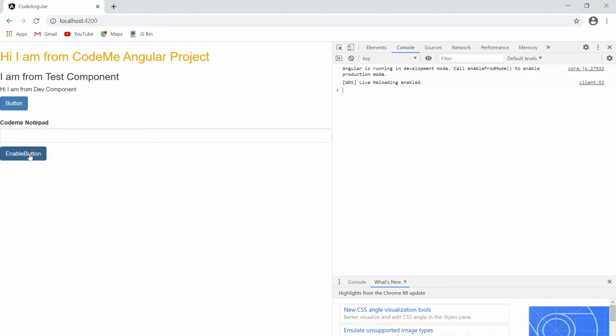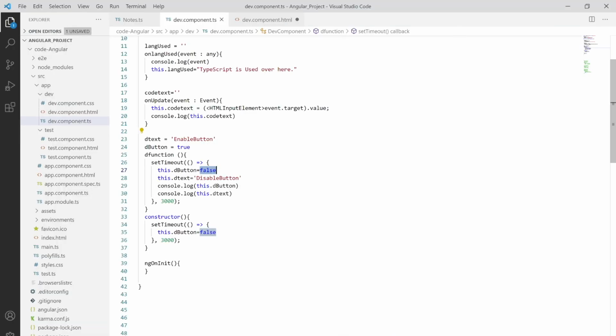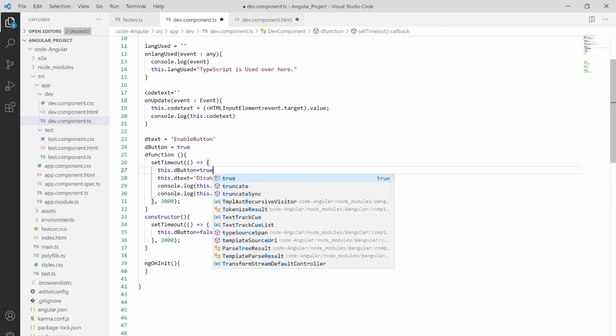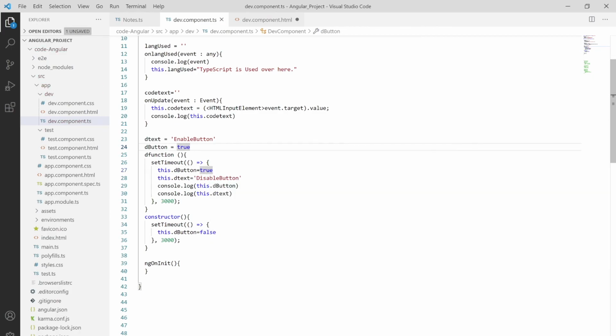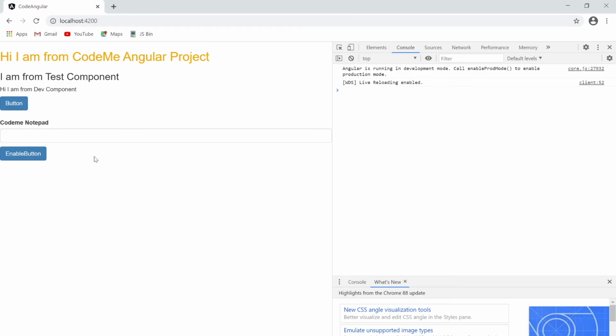And if you click on this thing, see over here disable button is there, and the text changes. Okay, here I'm putting true. Let me save this thing and use it over here. See over here the button is enabled.